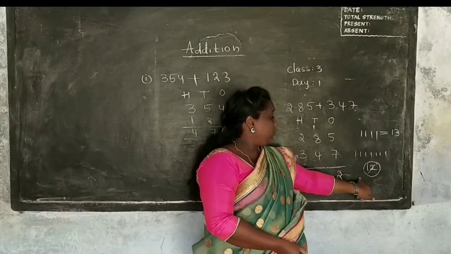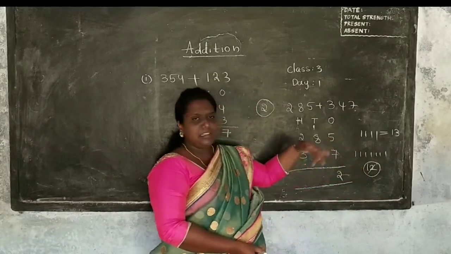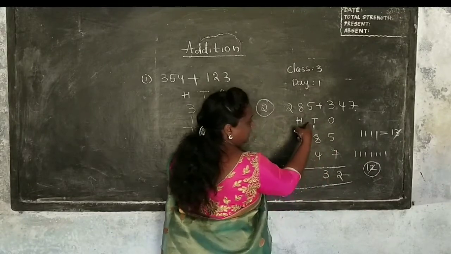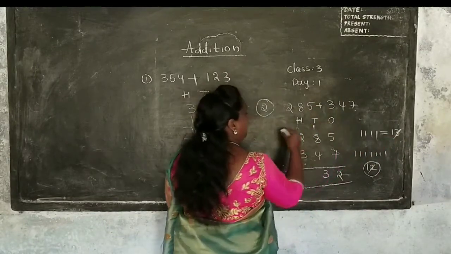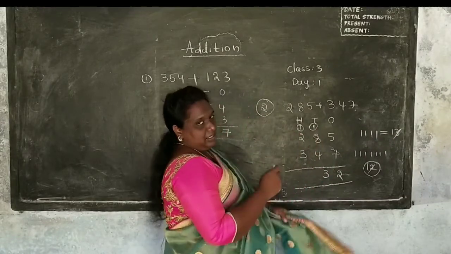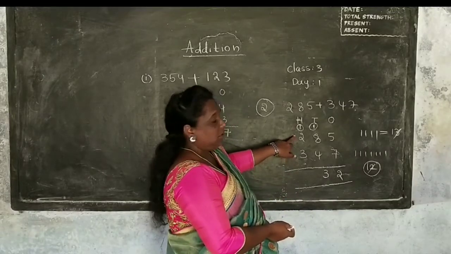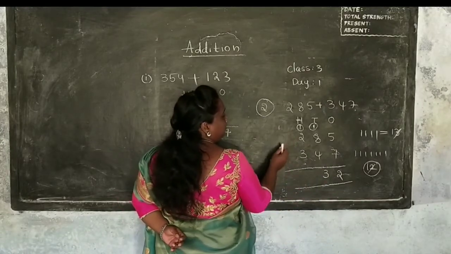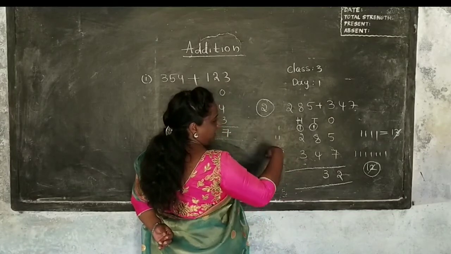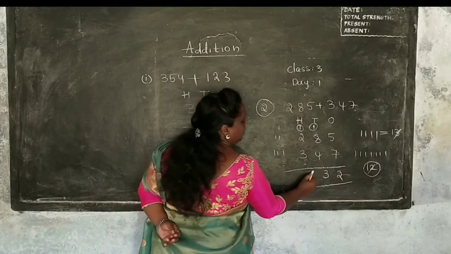What I did here: I wrote 2 under the 1's column and carried 1. Same here also. 3 you should write under the 10's column. 1 you should carry to the next. Okay. Now doing addition, 1 plus 2. If you have doubt, check. 1, 2, 3. Now count all the numbers, 1, 2, 3, 4, 5, 6. So 6. The answer is 632.